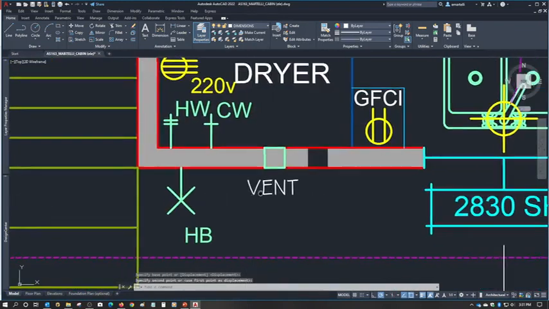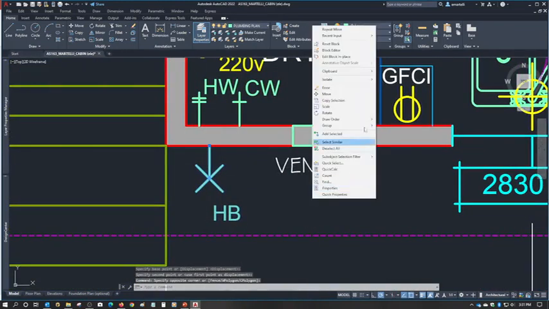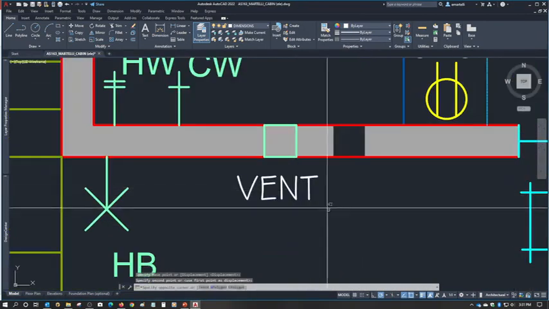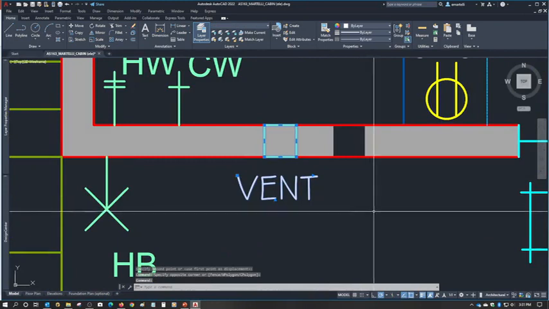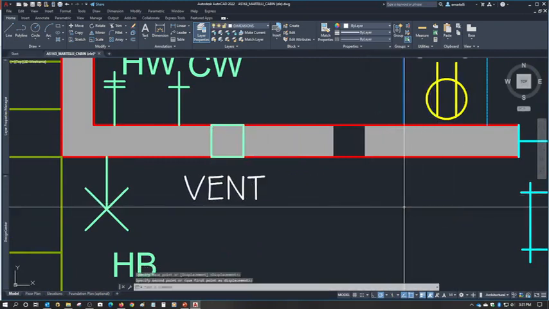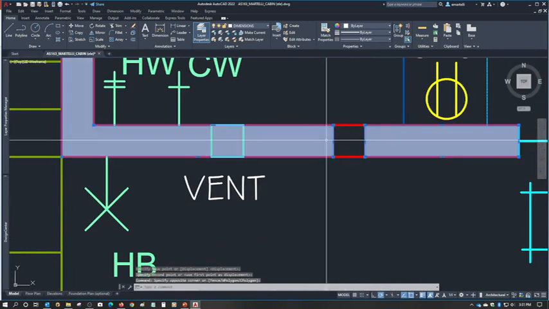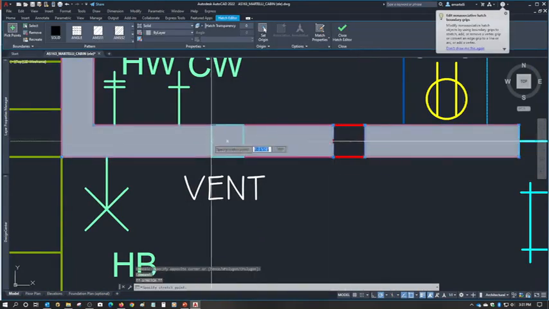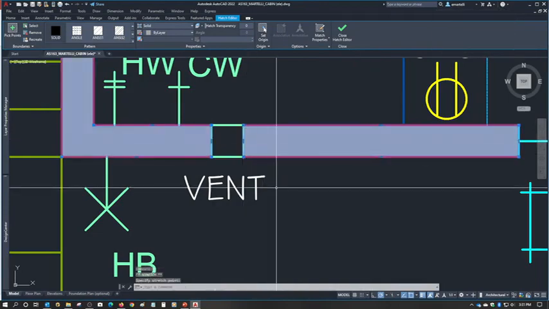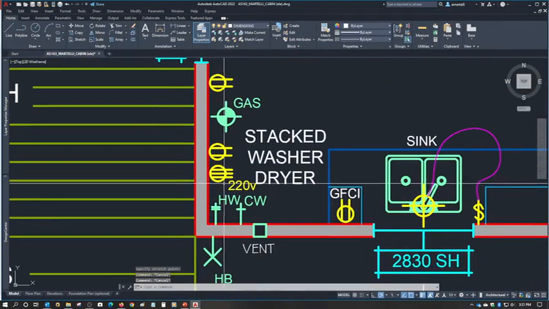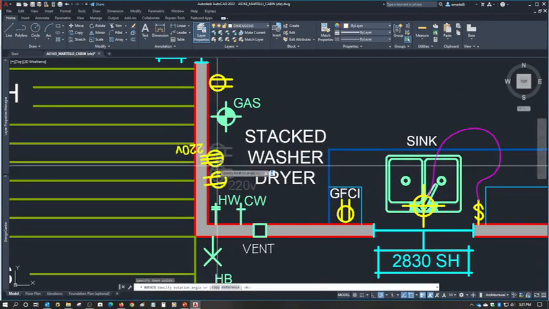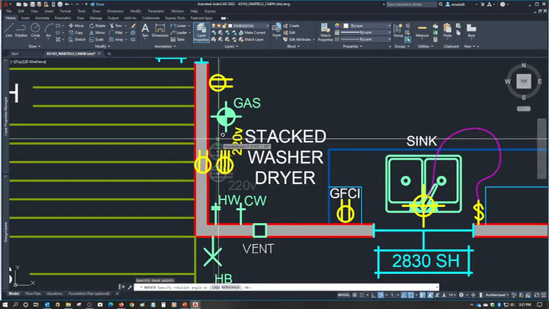And you might want to move the hose bib even more if you want. It really looks like it ends up on this corner. Same thing with the vent. Let's move that a little bit further. Fair enough. Now you can stretch your hatch pattern. Let me stretch my hatch pattern and make it fit the vent again. Okay, fair enough. They took this 110 and this 220 and they rotated it and put it up against